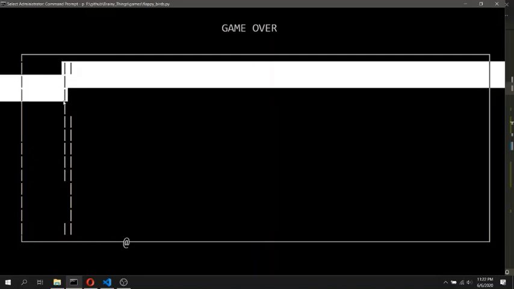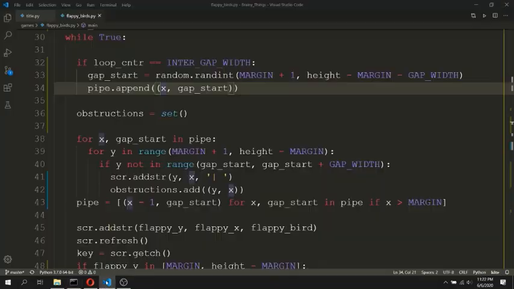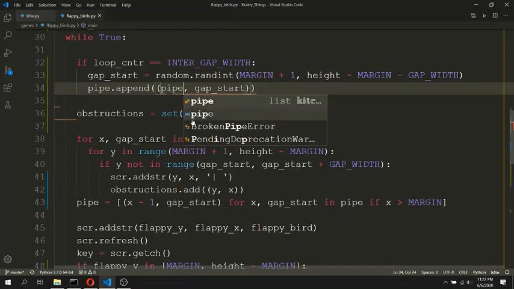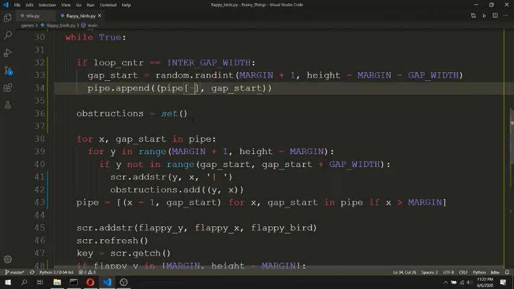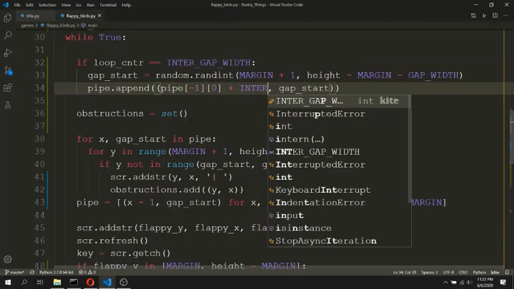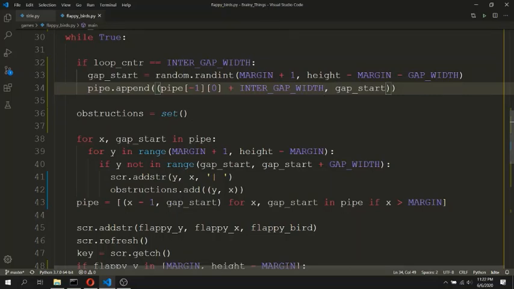So how will we get the x coordinate of this pipe? Well, it is easy, because we have all the information of the pipes in the pipe data structure. So we will get the last pipe by using -1, and its x coordinate is at the 0 index. We will add intergap width to this x coordinate, and we will keep the same gap start that is being generated over here.